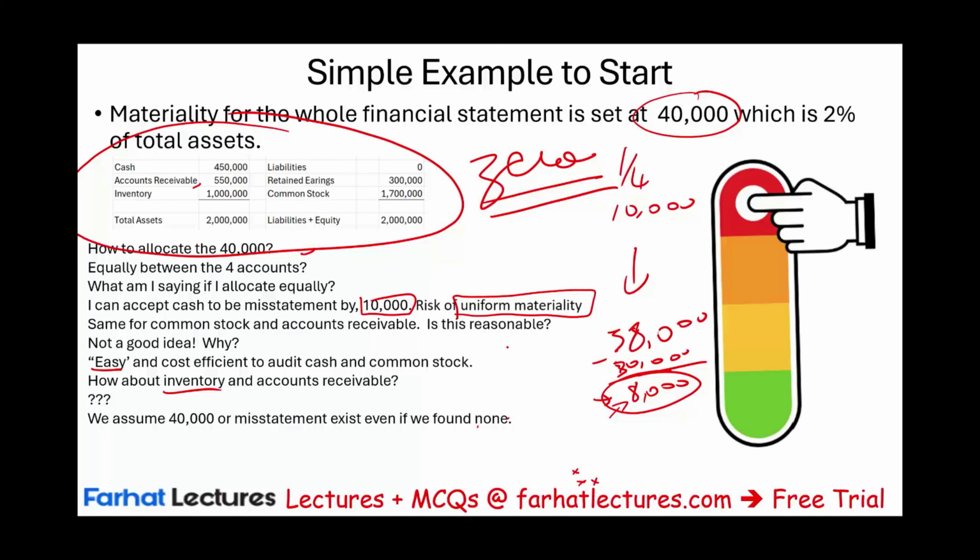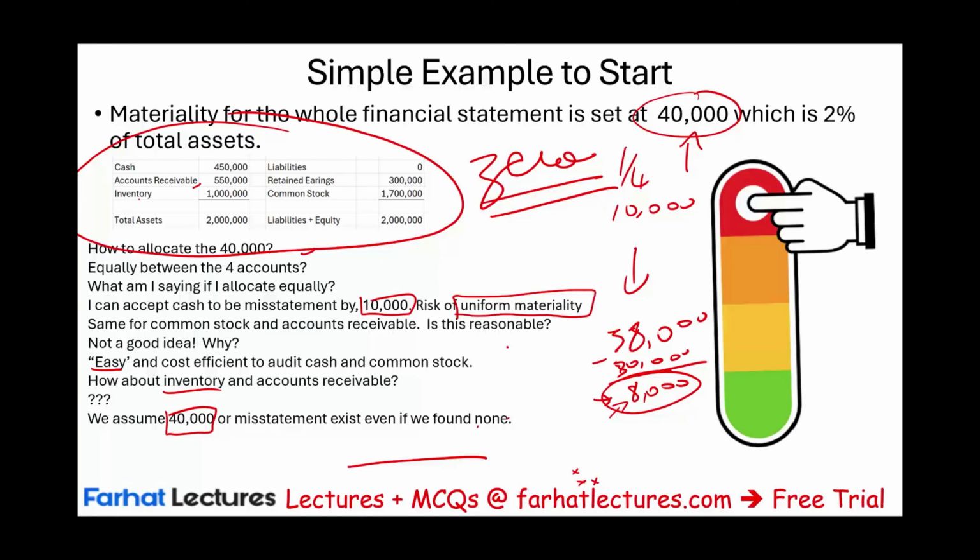I would still say there's a $40,000 misstatement. We assume $40,000 of misstatement. Why? Because when I did this audit, I sampled account receivable, I sampled inventory. Cash, most likely I looked at everything, in common stock too, but for inventory and account receivable, I sample. Because I sample, I might have missed something. Therefore, when I allocate my performance materiality, it's going to be less than the materiality as a whole, because there are certain mistakes I am going to assume I did not catch, and they exist.